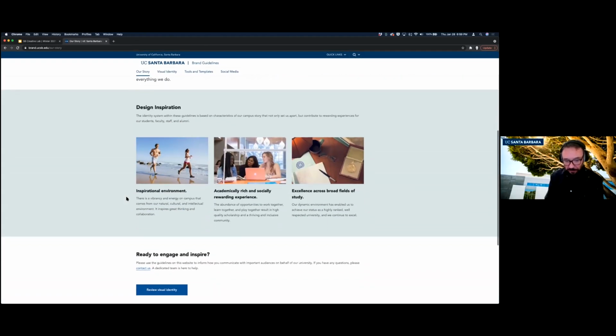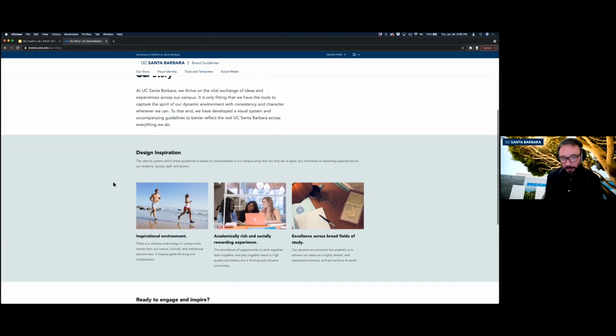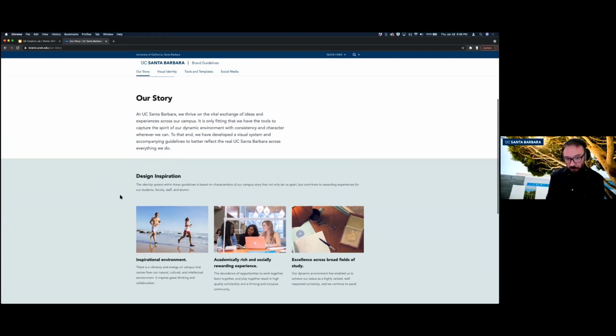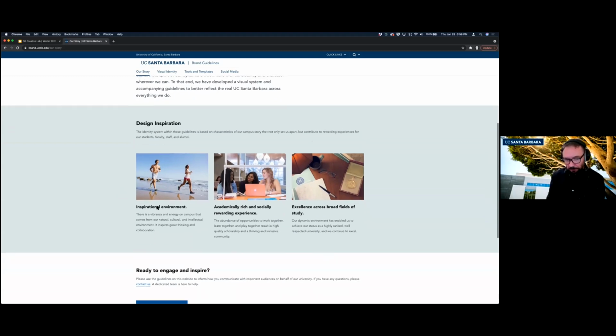And there's another aspect to this. I'll just say, if you're typing questions right now, when you read the guidelines, there is a sort of preface that goes into more of the story and the mission. And this is good stuff to read too. Every brand guidelines is going to have this too. What I showed you was strictly a visual presentation of our brand, but brand is not just visual. It's the way we communicate.